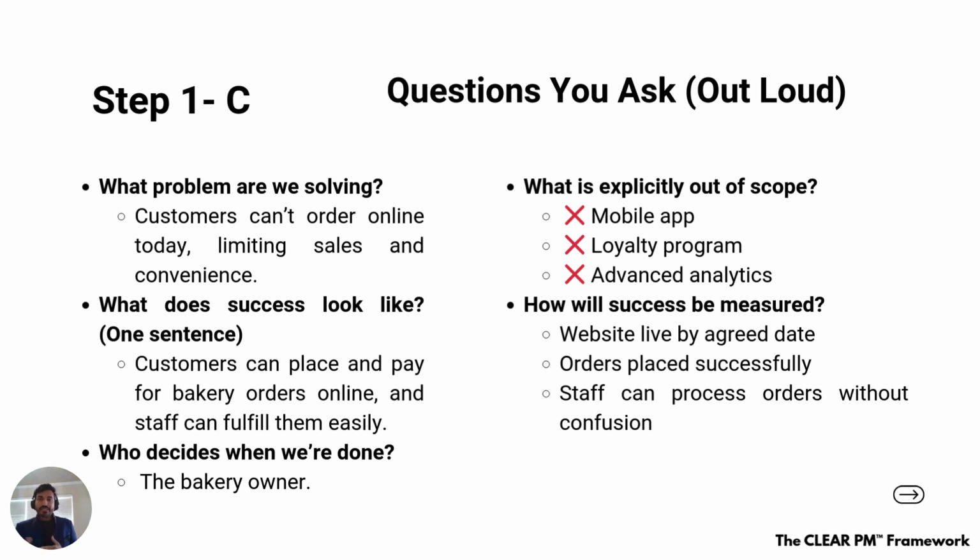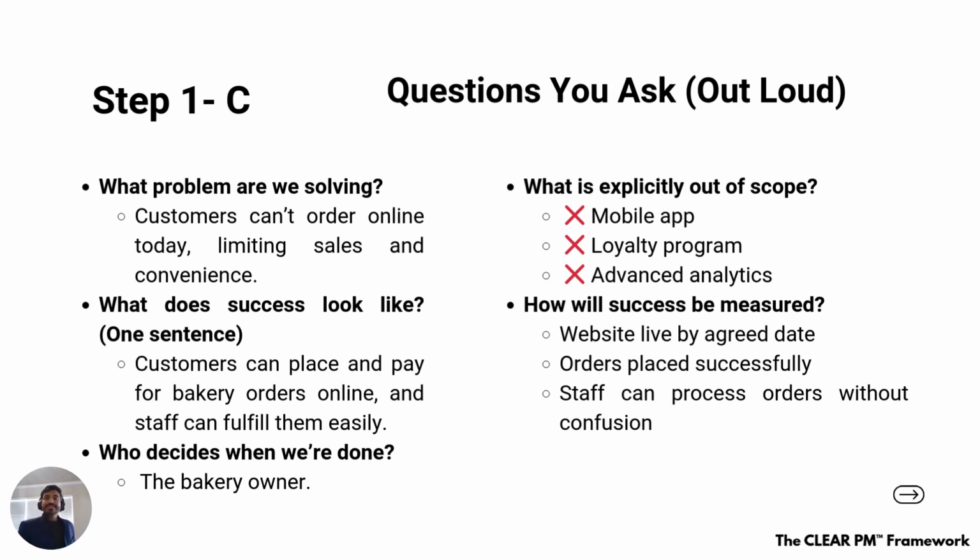That will set the expectation that, hey, I'm going to deliver this, but I'm not going to deliver these three items. Because when I'm developing an online order and I'm a customer or user, I have seen hundreds of online order applications or websites. And I assume that the order online feature is there, I will have similar in my website as well. So you need to set that we are not having a mobile app. We are not having a loyalty program. We'll not have analytics. Maybe we can deliver in the future, but not today, right?